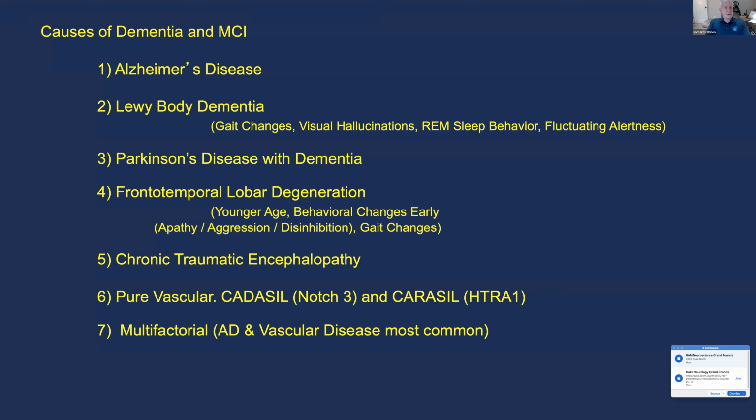But the causes of neurodegeneration, and there's one person out there who's not muted, so please take a look to see if you're muted,